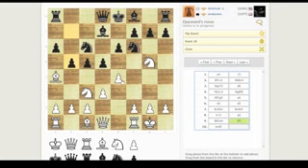I also looked at this scenario, the variation. So instead of that possibility, that's my move. So I've got to look at all the moves that he could do in reply to this. Now,